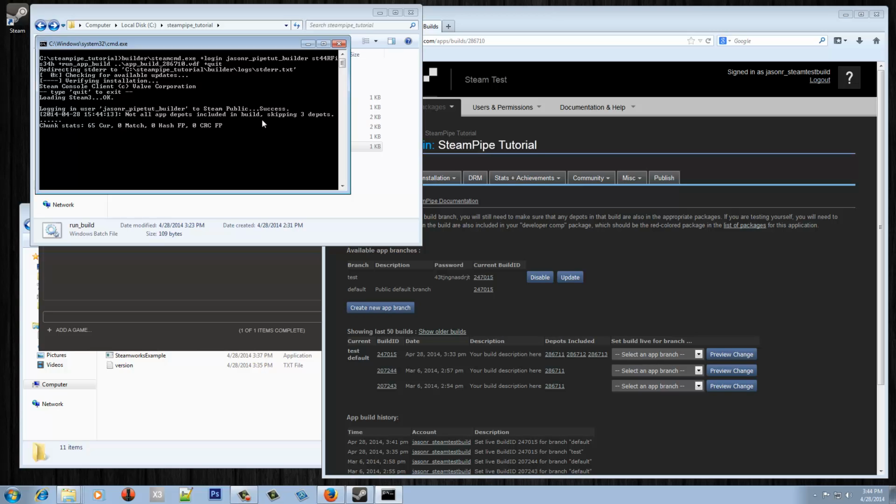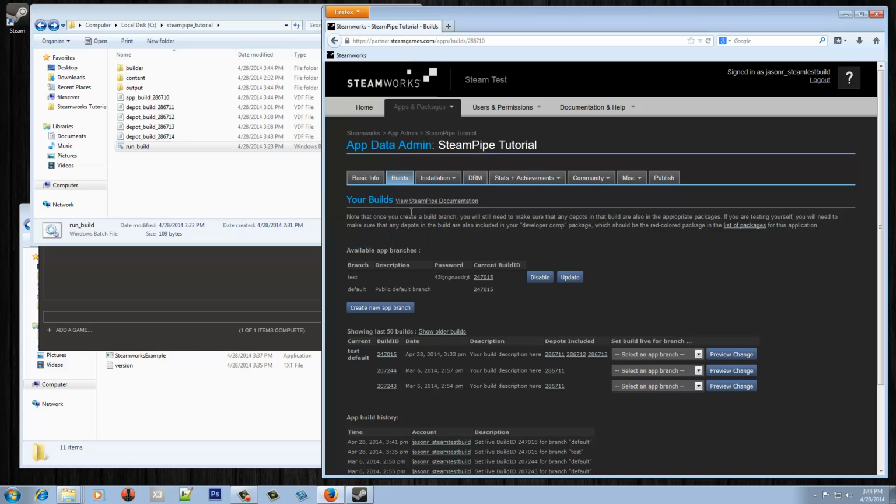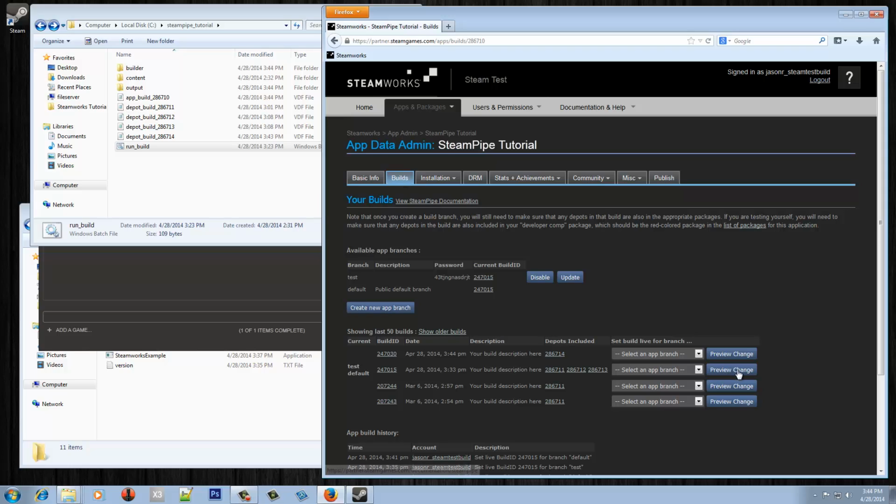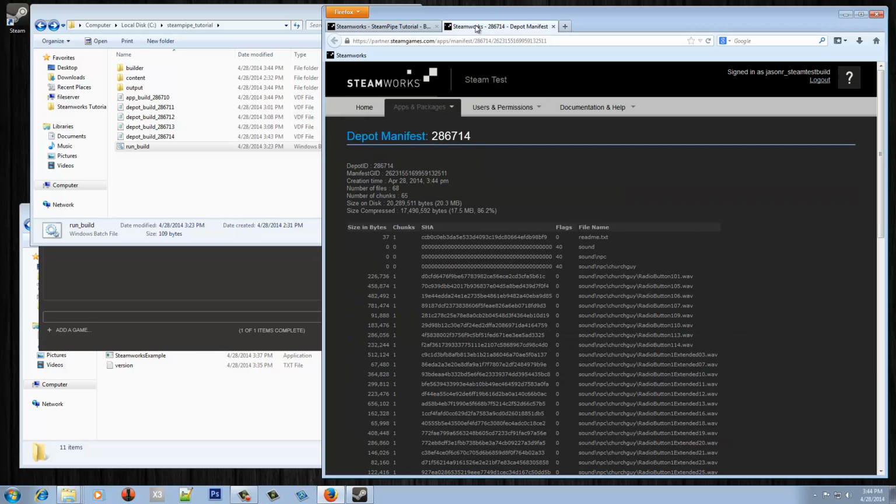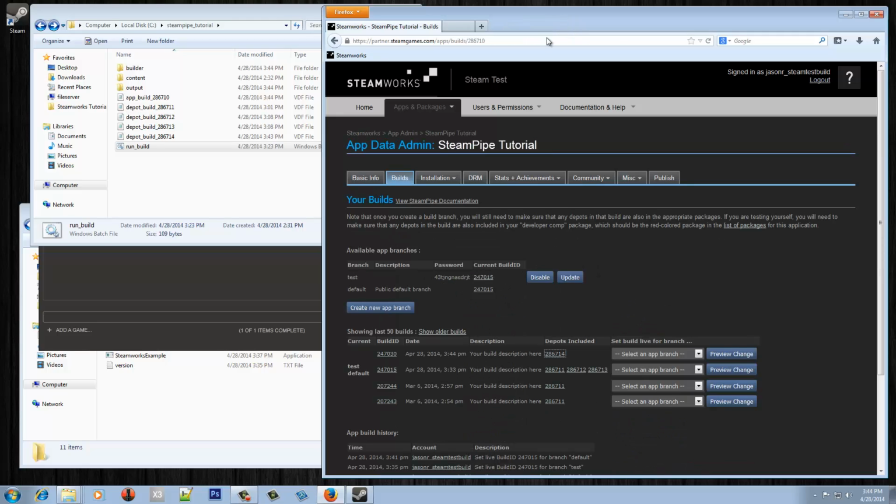So, not all depots built. It's going to skip 3 depots. So now I go here, I see I've got a build ID created that only contains German. It's got all my German specific files in there. Now if I wanted to set this in a branch, like we want to make this in the testing branch so we can test these changes,